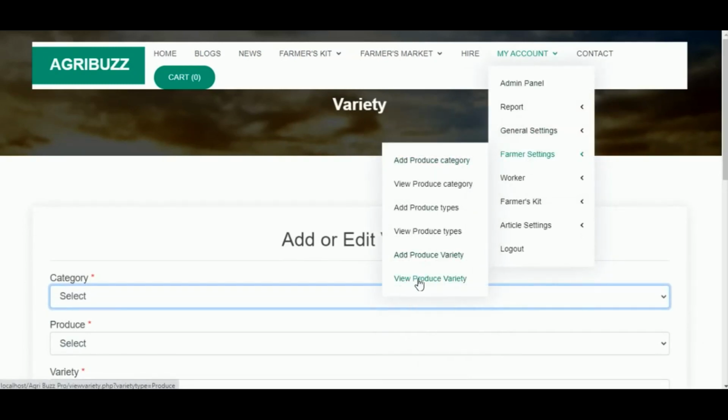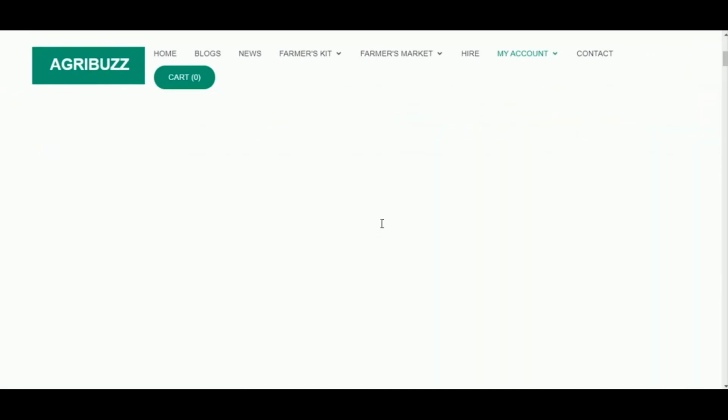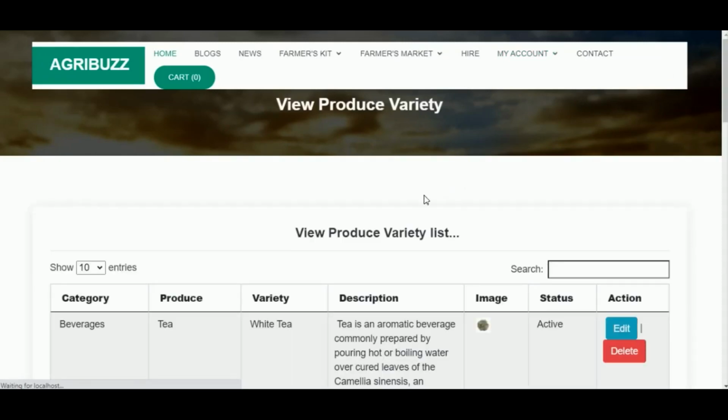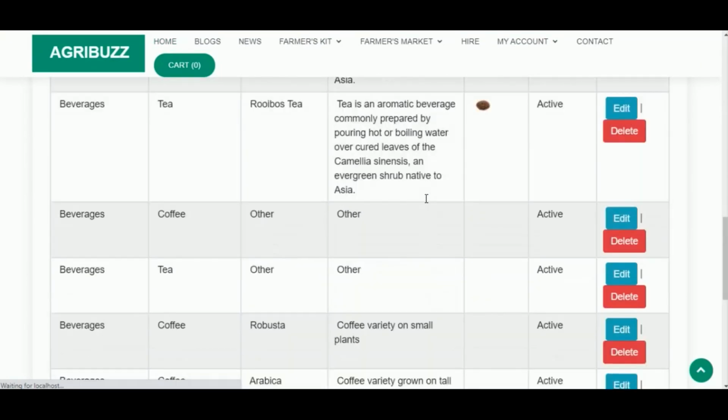All the added produce varieties can be viewed under View Produce Variety, which also has the actions Edit and Delete.